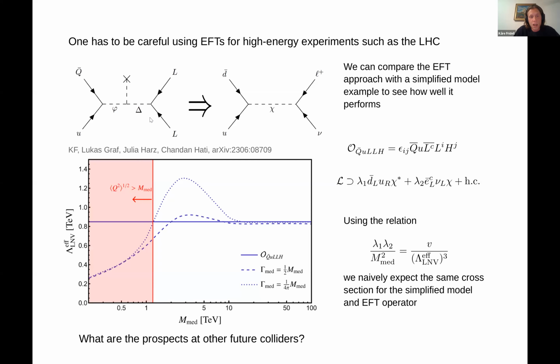So taking just an example UV completion model of an operator like this with 2 quarks and 2 leptons and a Higgs, we compared the constraints we get using our EFT approach to this simplified model. As we can see in this figure, for high mediator masses, the approaches agree quite well, which is what you would expect from an EFT. The EFT assumes that you have a high scale that you integrate out. But as we approach the smaller masses, they start to differ, where actually this EFT estimate slightly underestimates the real